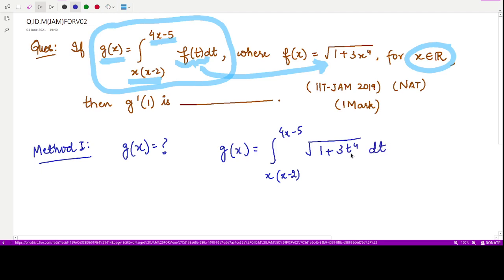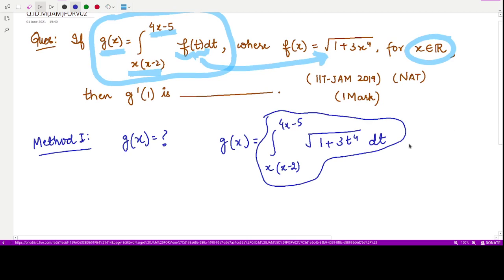First of all you have to perform this integration. Now this integration is not so easy to do, and you cannot directly perform it. So in the first method you are required to first solve this integration, evaluate what is g of x, and then